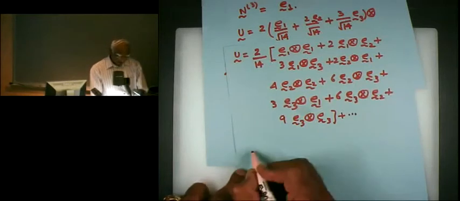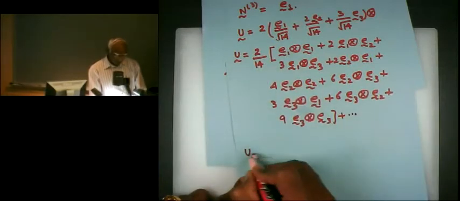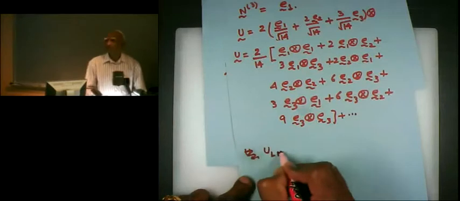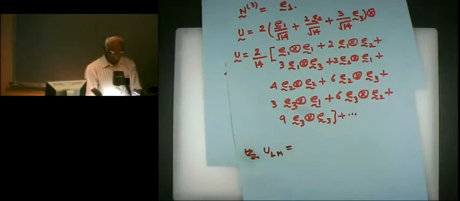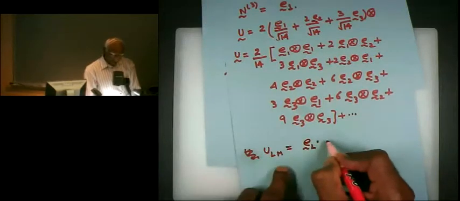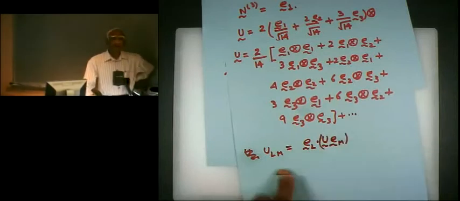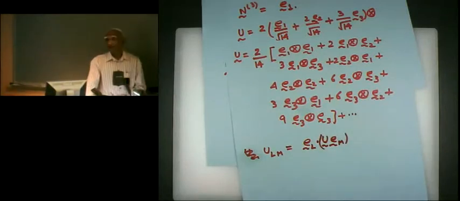So I know if you want to write in the matrix form, I guess that's the next question then, right? So if you want to write this in the matrix form, you can. There are two ways to do it. One is you can look at these, or you can say U_ij. We should use U_LM, because U is in the reference configuration. So this equals E_L dotted with U operating upon E_M. U operating upon E_M will give us a vector. Then you dot it with the E_L to get the component.